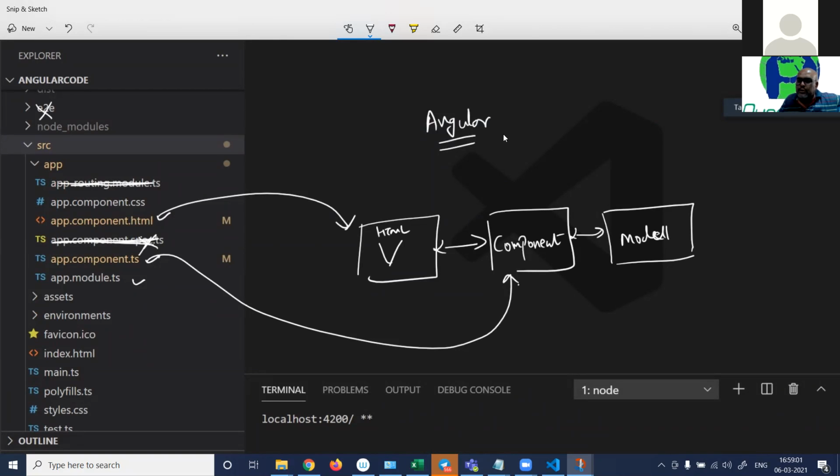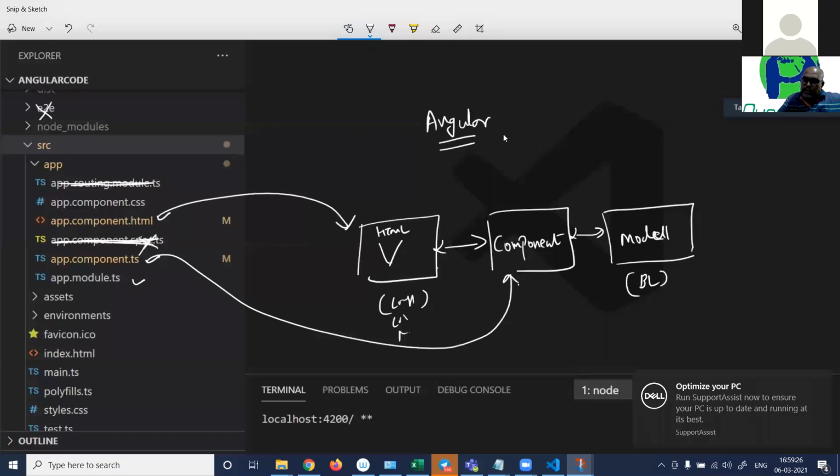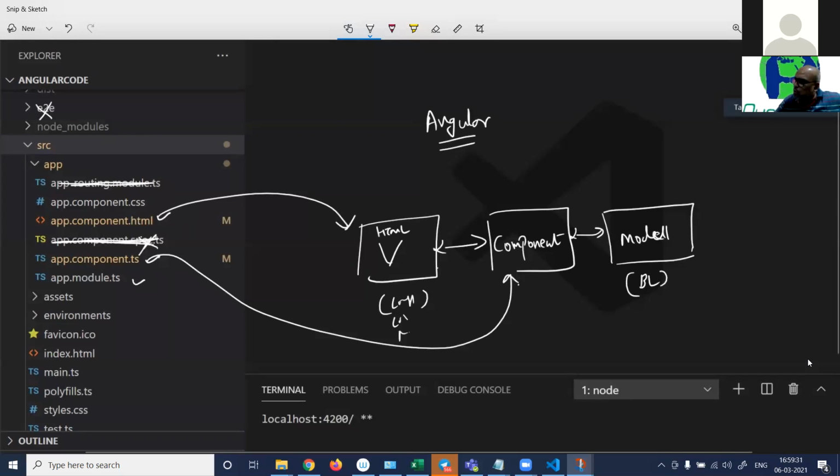So there is a view, which is nothing but HTML. There is a component. There is a model. This model has business logic. This view has look and feel, colors, positioning, background images. And the component ties up the view and the model. What do we do in the real world? We have business logic. For example, you say that the bank should have this much amount, and you cannot withdraw more than the amount. The customer should have a name. The patient should have a name, and so on, right? So you have some business logic and you have a front end.